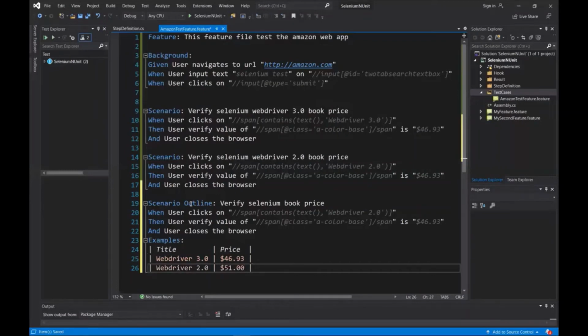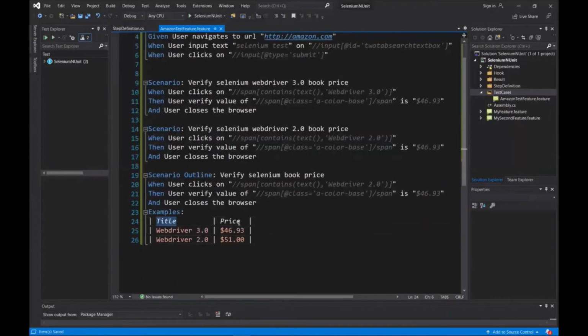So we have provided the test data in Examples. Now the question is how we pass this data to the test steps. To use the example test data in the test step, we have to use the column name surrounded by open and close angle brackets. See, I'm replacing the price value with a test parameter. So I have used the price column within brackets.